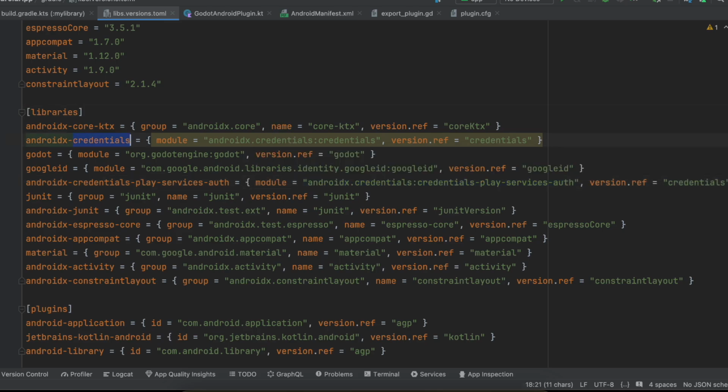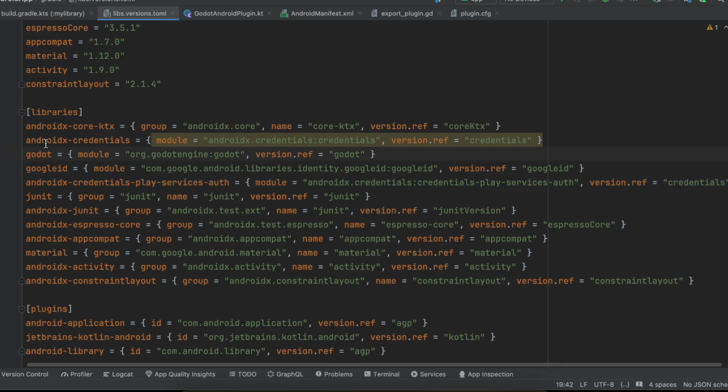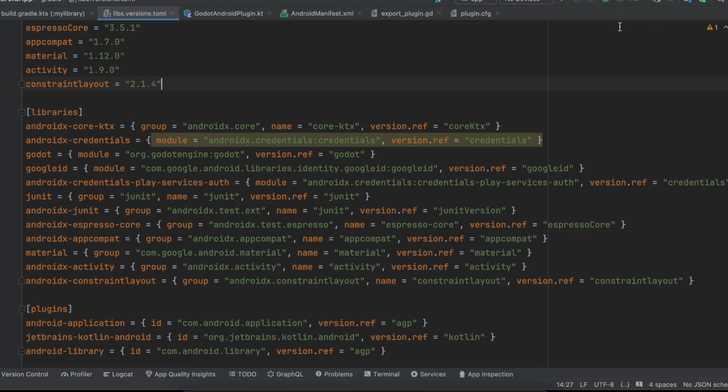Anyway, so I have added this Android X credentials, I have added this Godot dependency, I have added this Google ID dependency, and this Android X credential play services auth. So you will have to add all these 4 things as well. Then you can just click on sync now. Here you might see a button called sync now. Click on it, and it will download all the dependencies for you. Okay, once this is done,